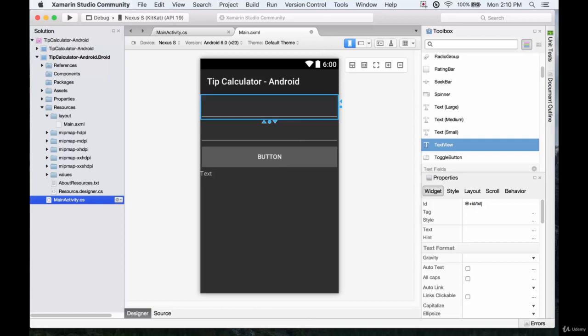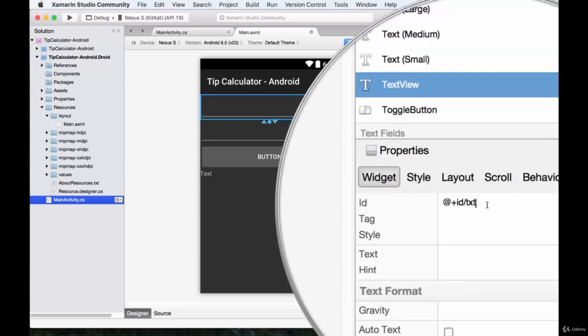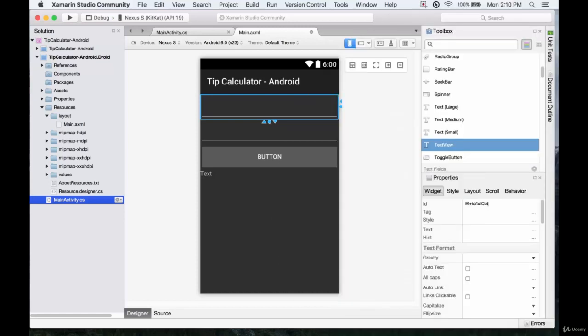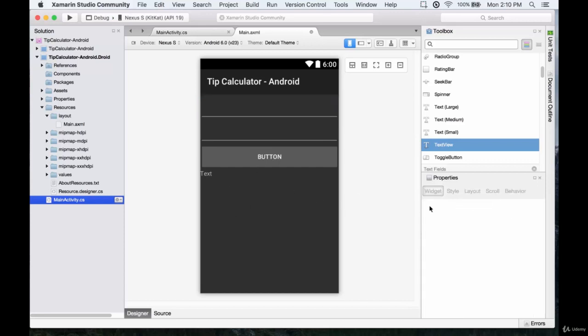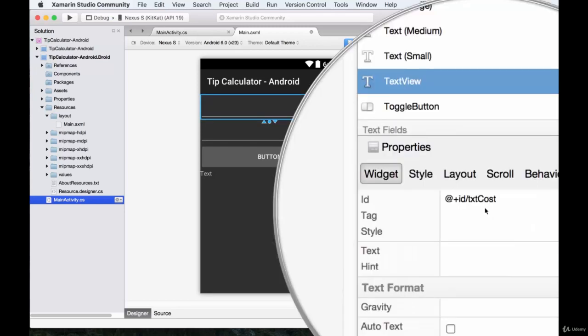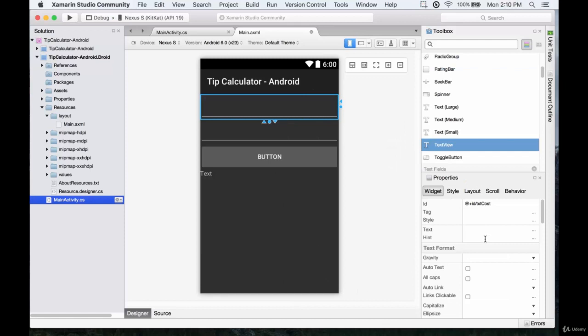I don't really like that name, so let's call it something more fitting. Because it's text, we'll start off with txt, and we can call this one cost, because that's what's going in our first input. We're going to first input the cost here, then the tip, then click on the button, and we'll have the final cost out here. So we've given this the name txt cost, and what we're going to do is, instead of writing text like this,